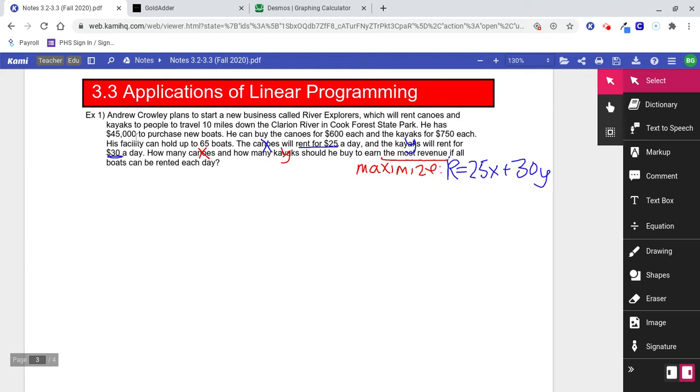He has $45,000 to purchase new boats. Okay, now we're talking. Can he spend $50,000? He's got a limit there, right? Can he spend $44,000? Sure. In fact, if you think about this as an inequality, he can spend anything that's less than or equal to $45,000. That looks like a constraint to me, okay? So I'm going to say